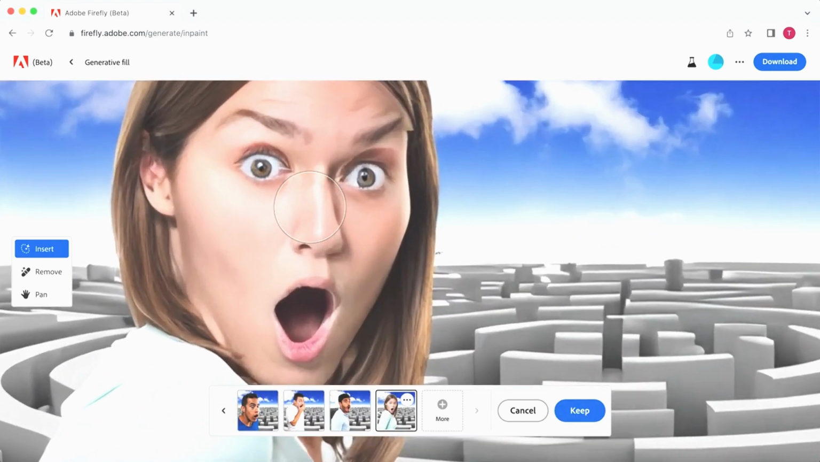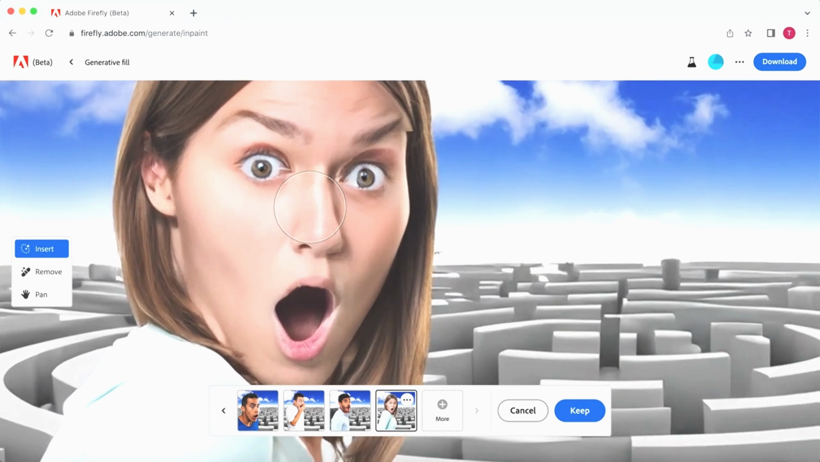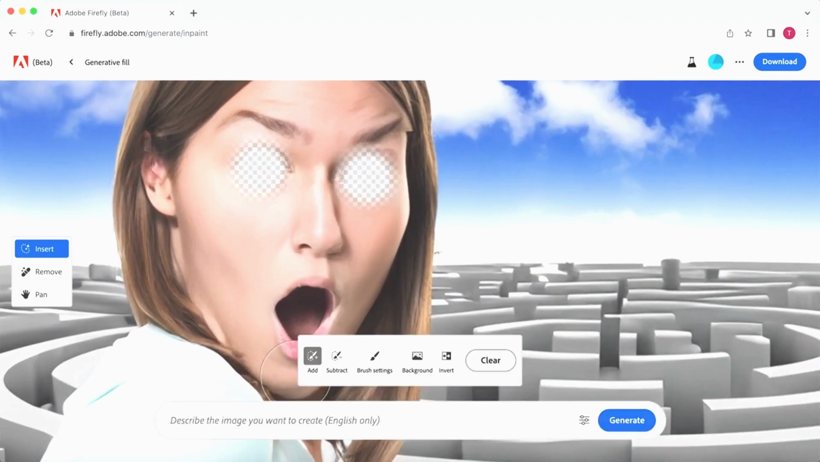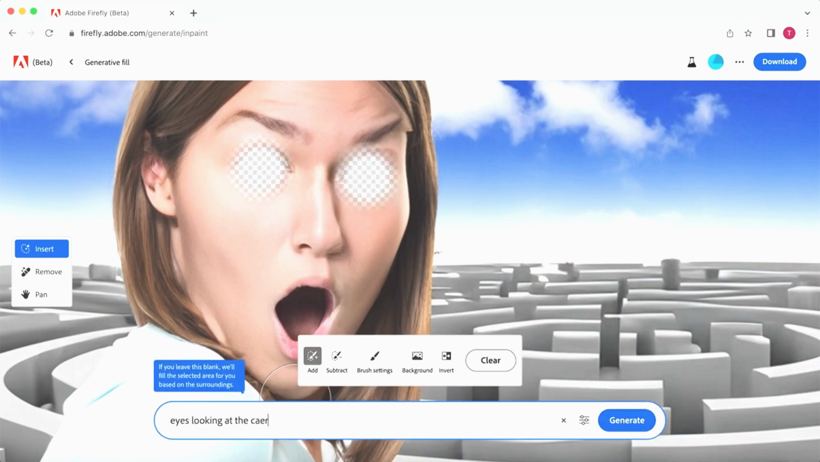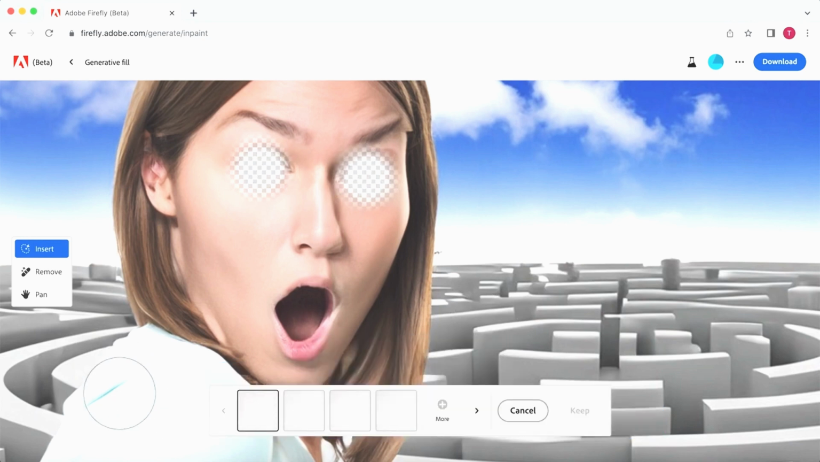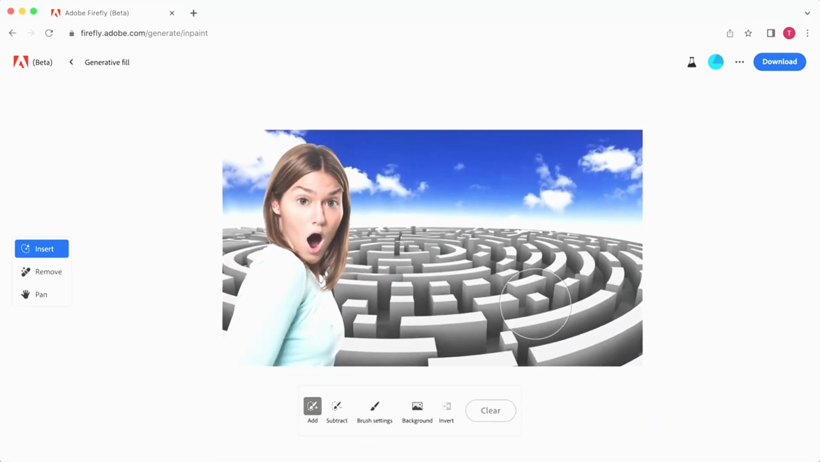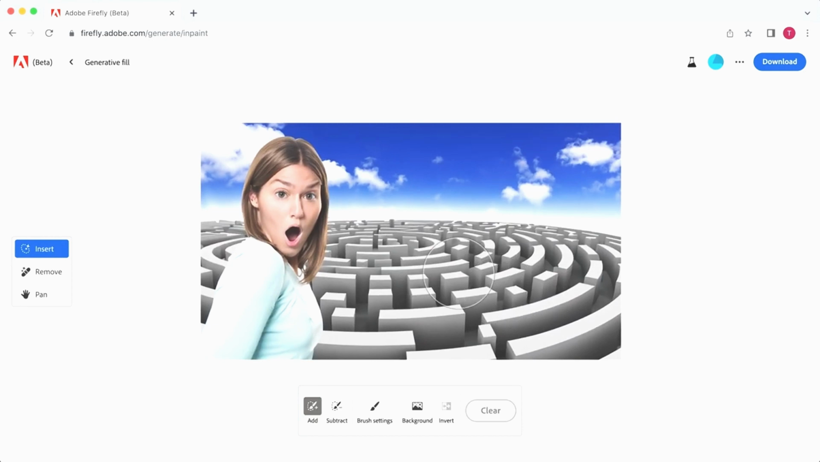As you can see, the eyes are very distorted. So what you want to do is simply select the eyes and make new ones. In this case, I'm instructing it to generate eyes looking at the camera. This is a lot better. So if you are going to generate people, you will probably have to change some parts with this method to